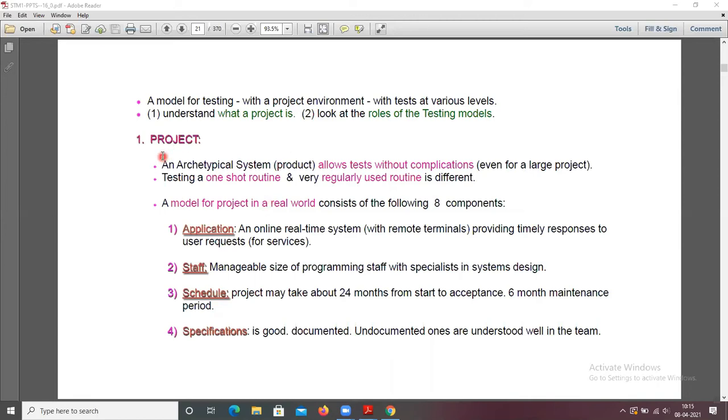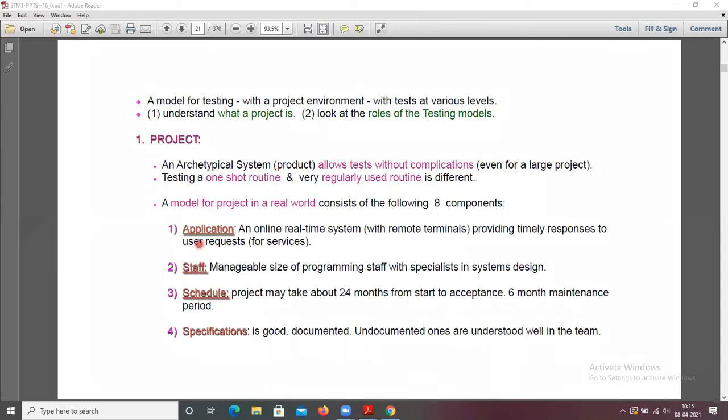Coming to the project, an archetypical system that allows tests without complications is what we call a project. Testing a one-shot routine and a very regularly used routine are different. A model for a project in the real world consists of the following 8 components.